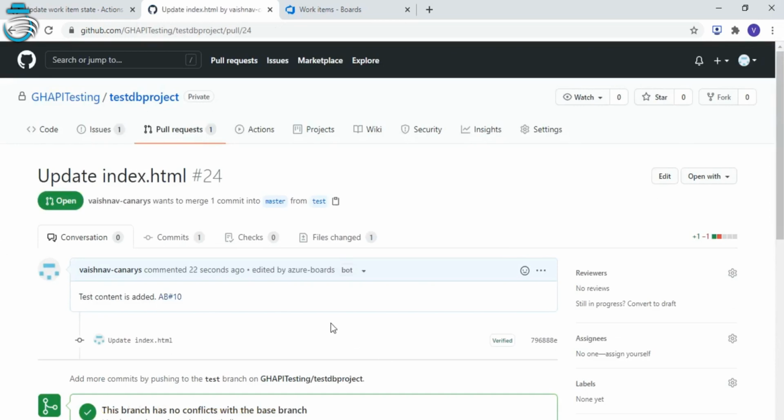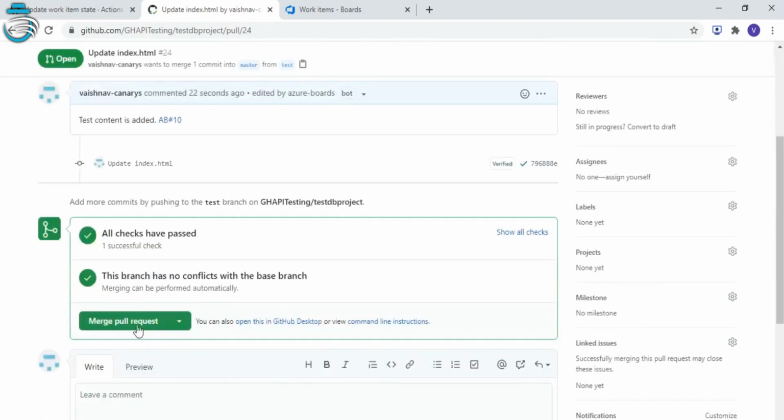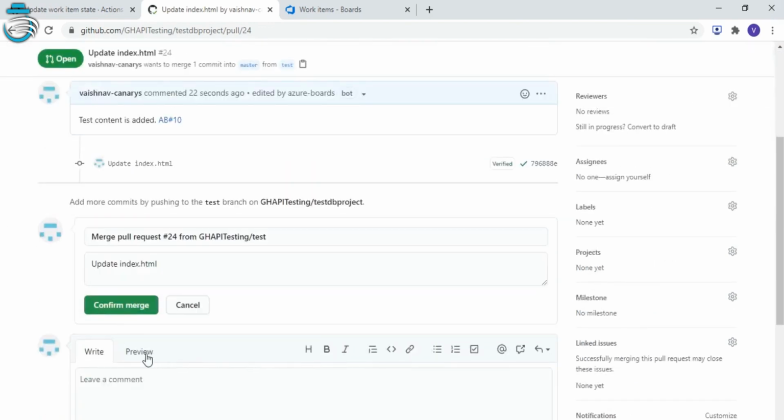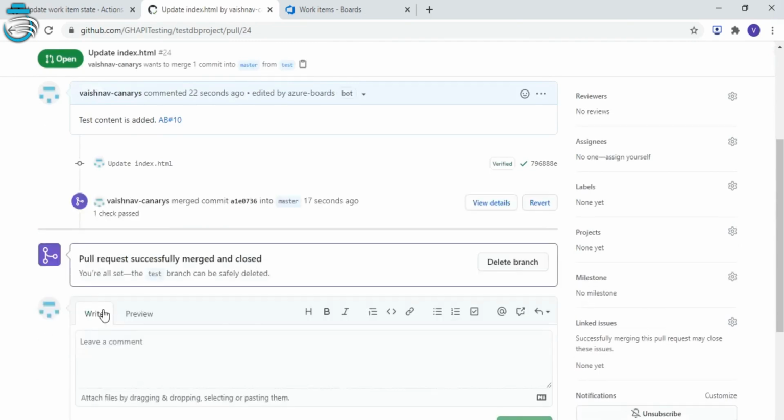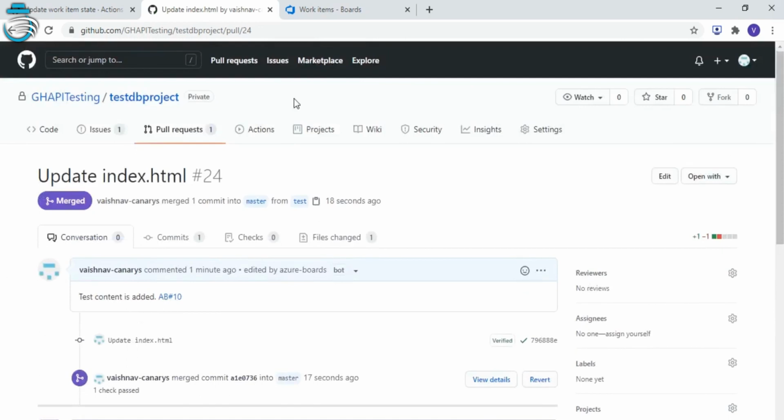Now you can see that the integration between GitHub and Azure DevOps has already created a hyperlink for the work item which has been linked here. Now we will merge this pull request and confirm the merge. Now let's go to our action, which should have been triggered.